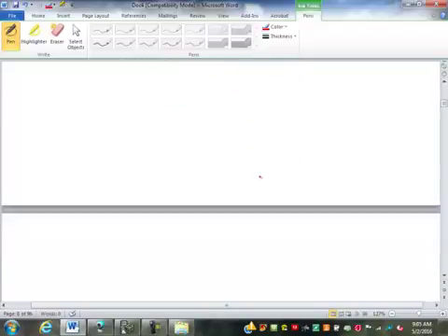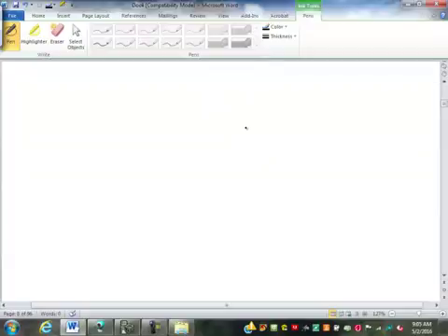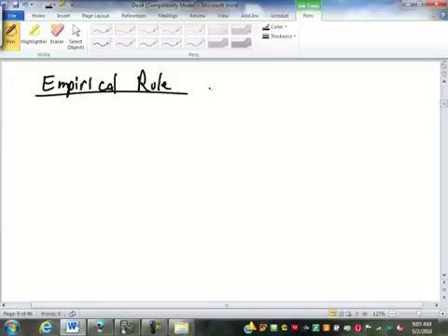Okay, so that is our measures of spread. What is all this good for? There's something called the empirical rule. What the empirical rule states is that if you have a set of data that's approximately normally distributed, there's going to be set percentages that always occur. So if we look at our bell curve,